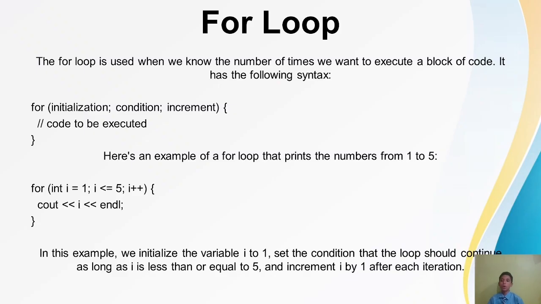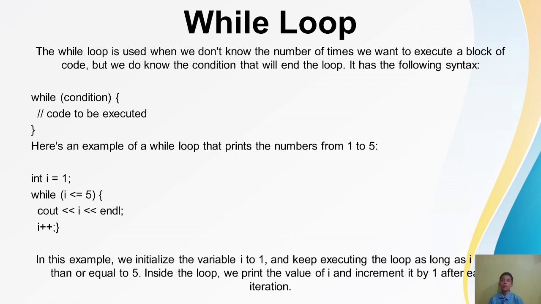The output of this loop will be the numbers 1, 2, 3, 4, and 5 as we print the value of i, and we increment the value of i by 1 till the value is less than or equal to 5. So now let's see another loop,